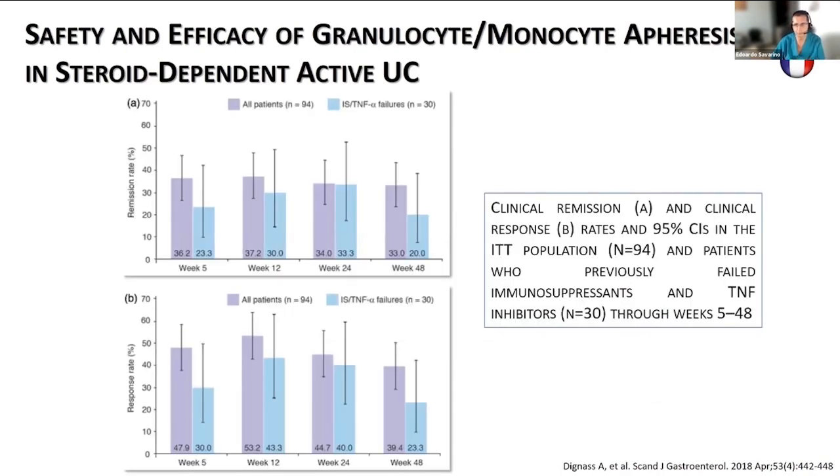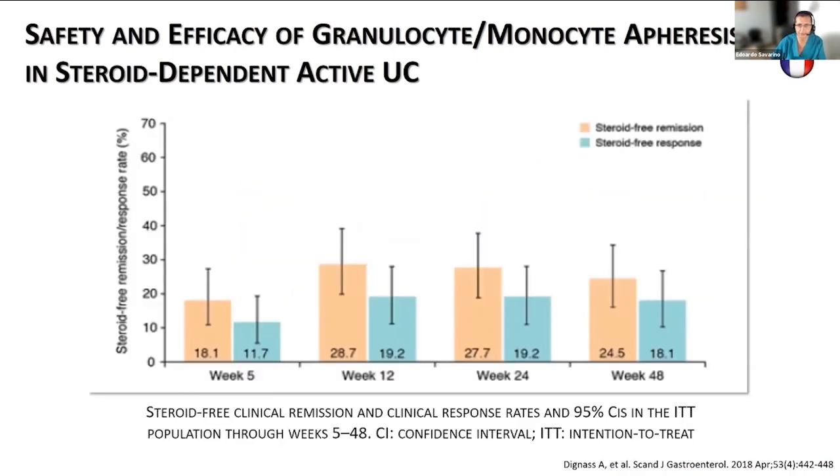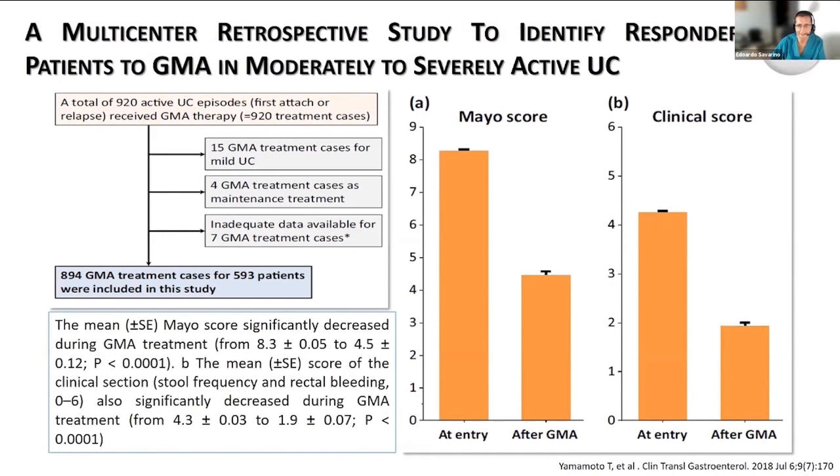Similar data were then published by the same author in the Scandinavian Journal of Gastroenterology, also analyzing the populations with steroid-free remission and steroid-free response, substantially showing that 25% to 30% of patients succeeded in not requiring corticosteroids. Also, in the most recent Japanese registry, where currently 920 subjects have been included, you see the efficacy data,